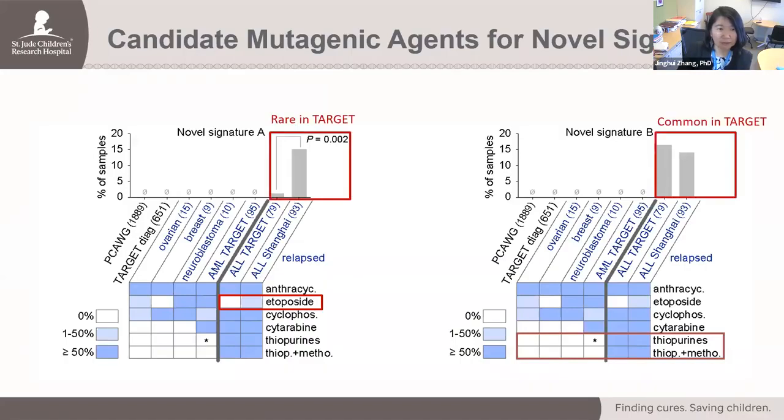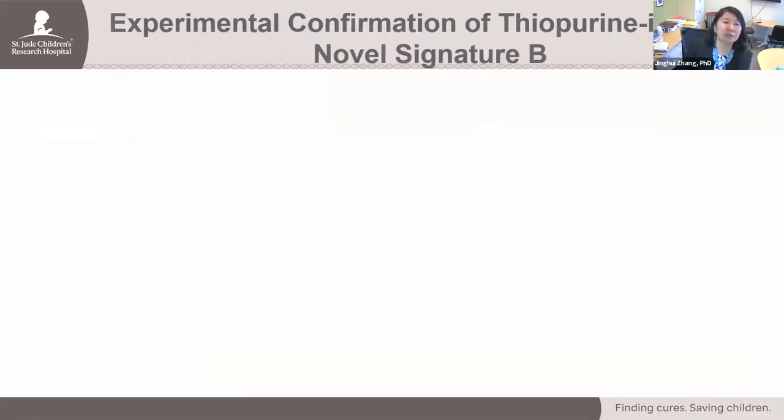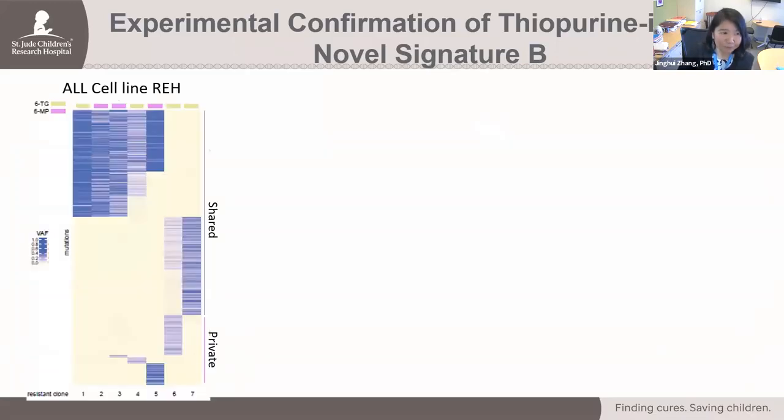So to prove that, what we have done is to perform an in vitro experiment. The first experiment we did is to use the REH cell line, which is a known leukemia cell line, and treat them with thiopurines, as we've shown here. Each of the columns represents one cell line with specific treatment. And we isolated single cell clones and performed whole genome sequencing on these